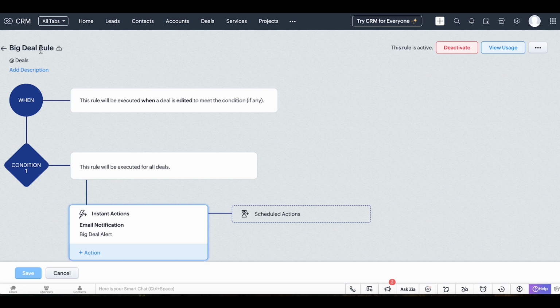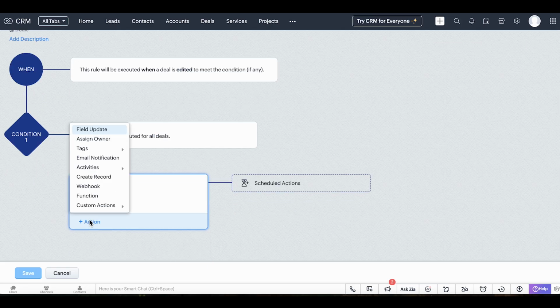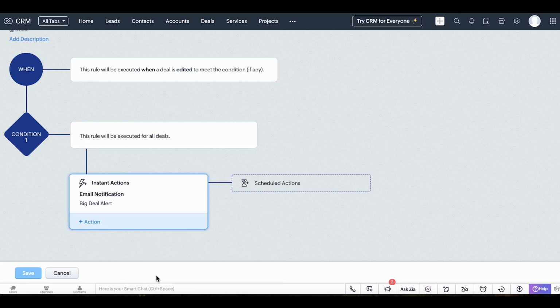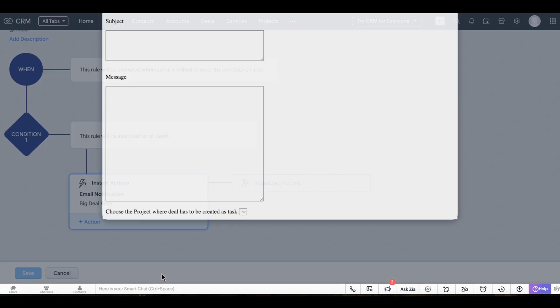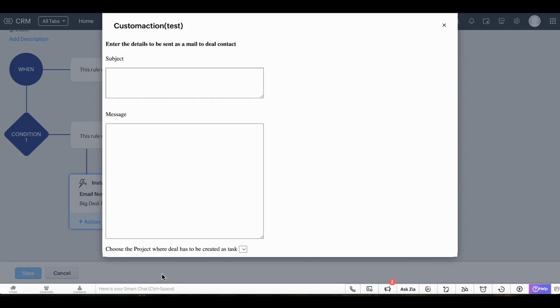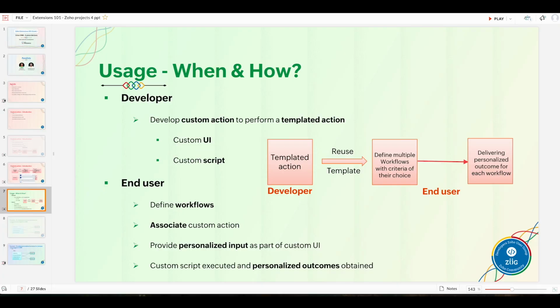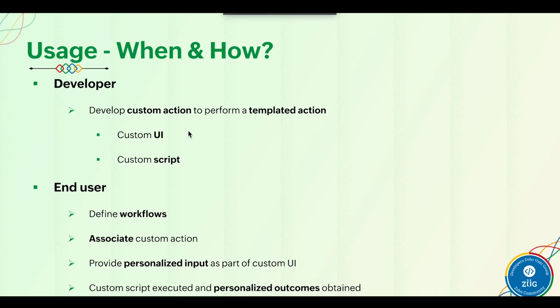In this way, the end user can go ahead and define any number of workflows, associate the same custom action. They'll be prompted with the UI every time, and in that UI, they can provide their personalized inputs and save that input to that workflow condition. Whenever that specific workflow condition is met, based on this personalized input, that script will be triggered to deliver personalized outcomes. So this is what I have consolidated as part of this slide over here.